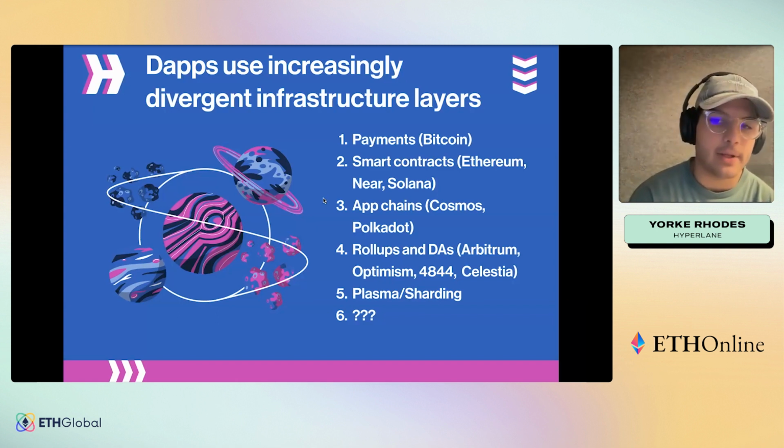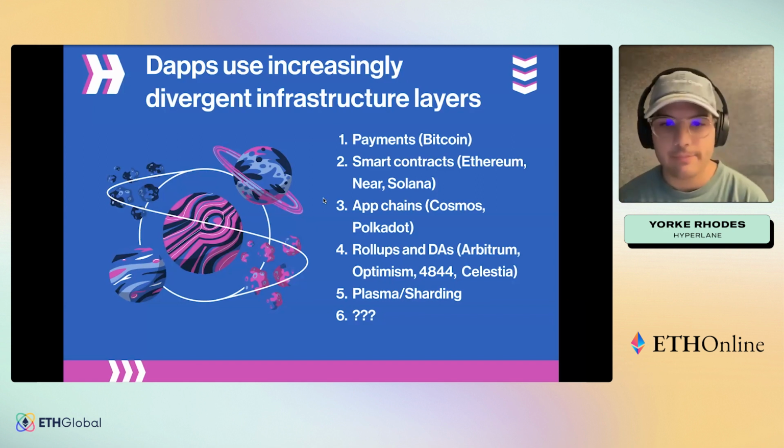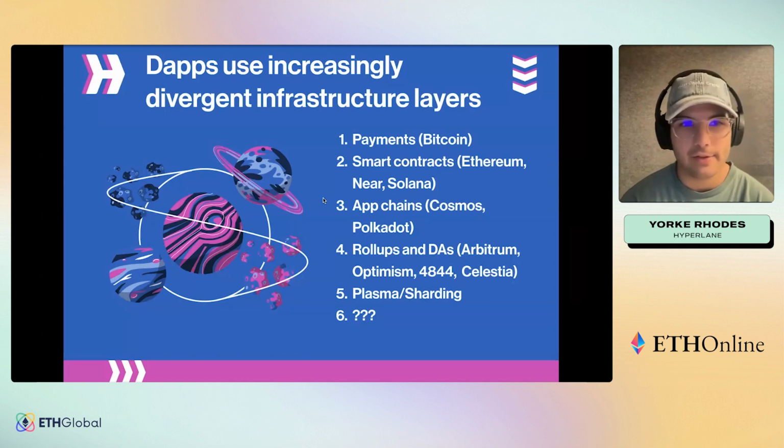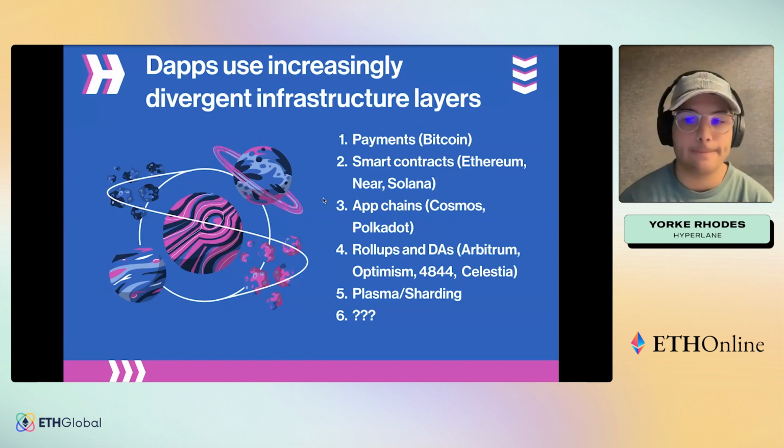Fees are high. It's maybe hard to use, maybe slow. We don't have single slot finality. So rollups provide an alternative while maintaining some of the Ethereum security guarantees. We have plasma, sharding, whatever. So this is my timeline of how we're diverging